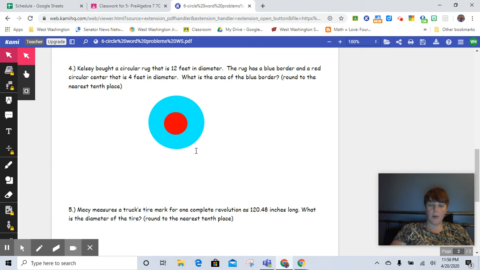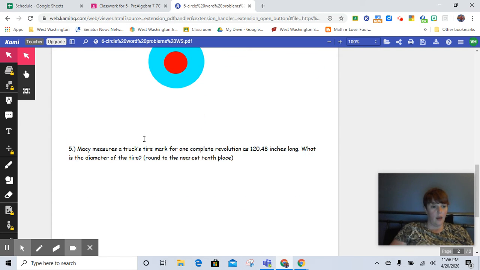Okay. Macy measures a truck's tire mark for 1 complete revolution. That means the entire way around. It's 128.4 inches long. What is the diameter of the